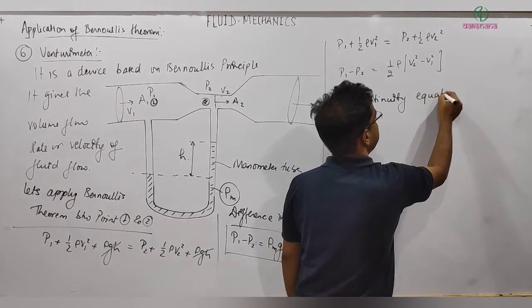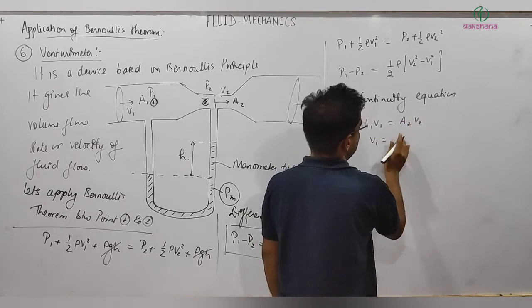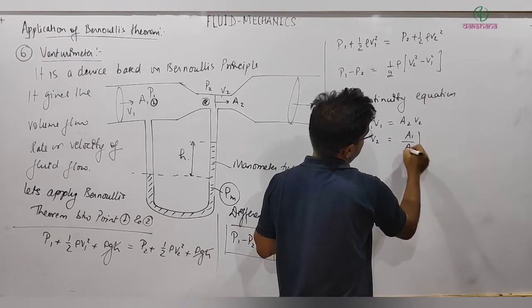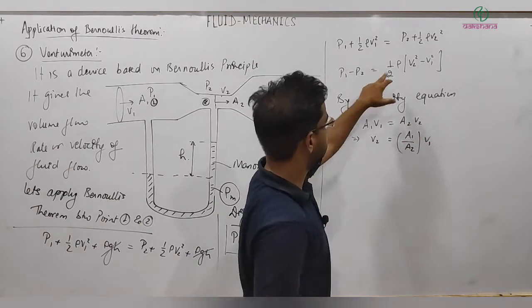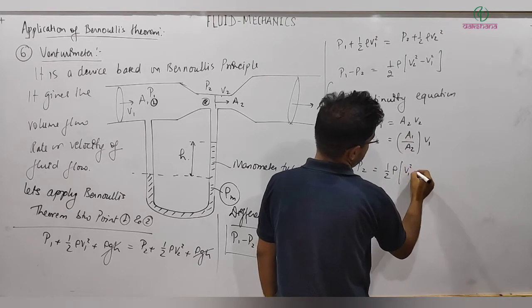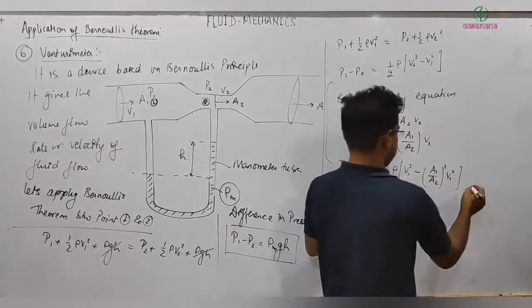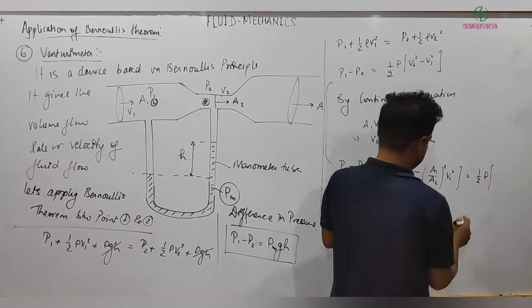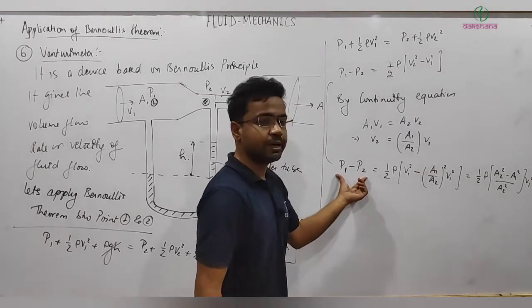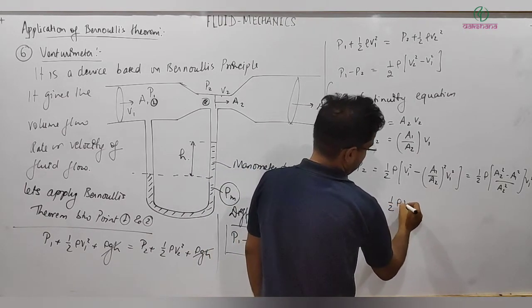By the continuity equation, I can write A1 V1 is equal to A2 V2. This implies V1 can be substituted, or I can calculate either one, V1 or V2, that doesn't matter. So we can substitute V2 as A1 by A2 multiplied by V1. Let me substitute it here. P1 minus P2 equals half rho times V1 square minus V2, which is A1 by A2 whole square into V1 square. V1 can be taken out from here and this will be 1 by 2 rho times A2 square minus A1 square divided by A2 square multiplied by V1 square. P1 minus P2 I am substituting from here, and this implies rho m gh equal to half rho V1 square